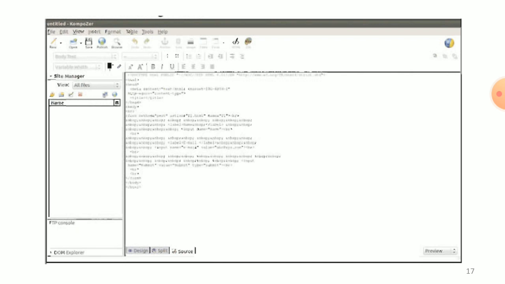You can see how Composer helps you create forms within a short span and also relieves you from the tedious job of writing the source code, which takes a long time. You can also see the source code of the form just created by clicking on the Source tab. That is the source code of a form.